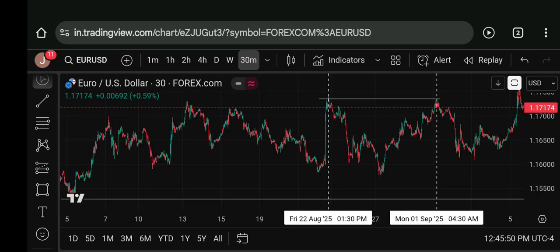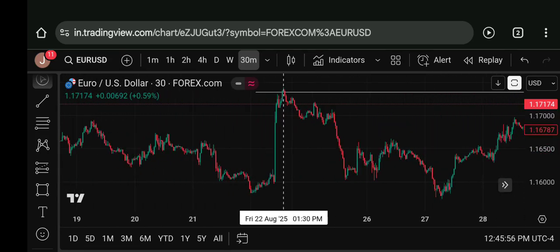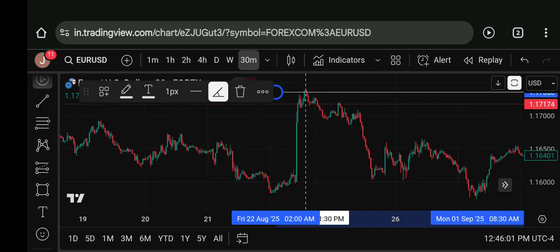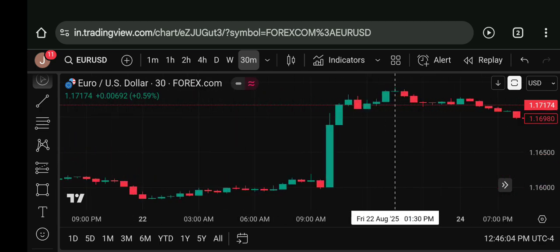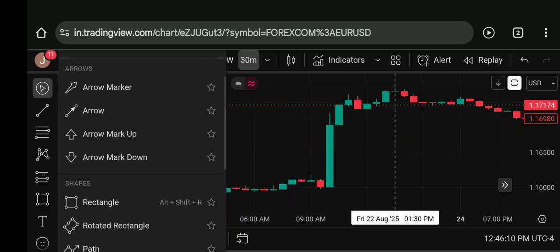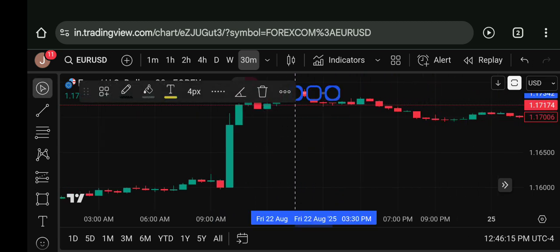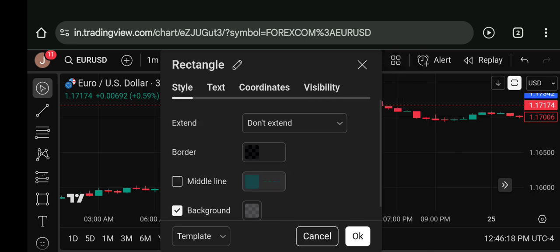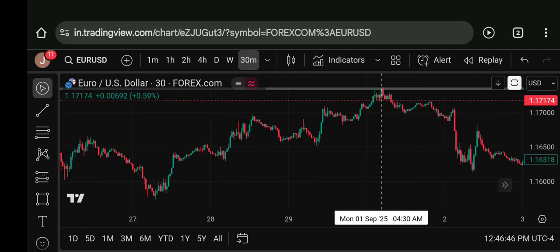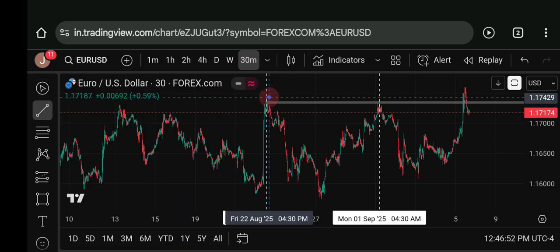So guys, on the 30-minute chart, you could see that here there was a bearish SMT. There was SMT between EUR/USD and dollar index, where this bearish fair value gap was respected. Where this bearish fair value gap, if we extend this to the right, and if we check this bearish fair value gap here, it was respected and price made a lower low here,